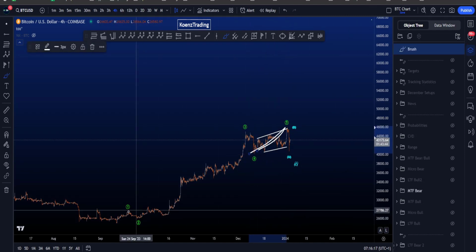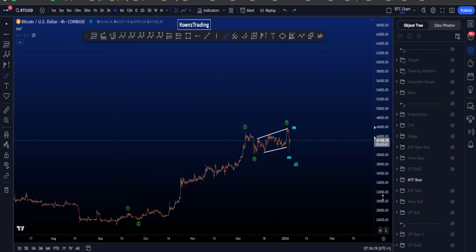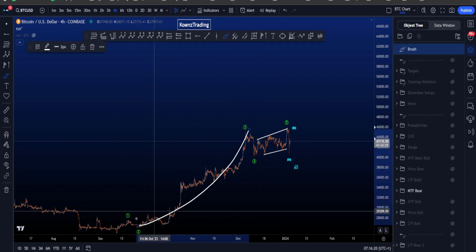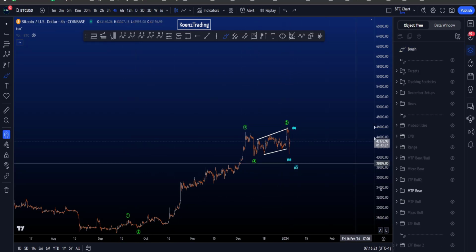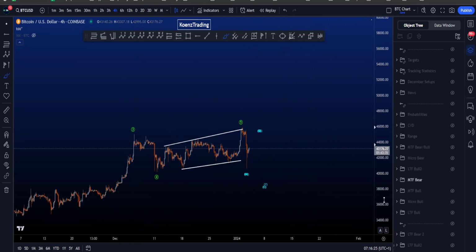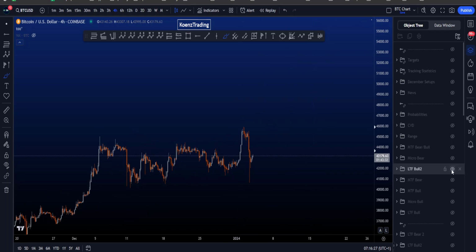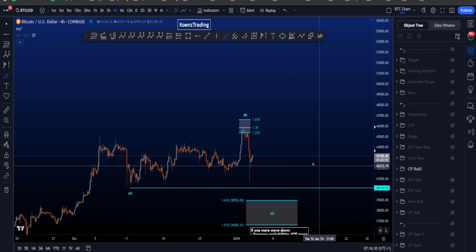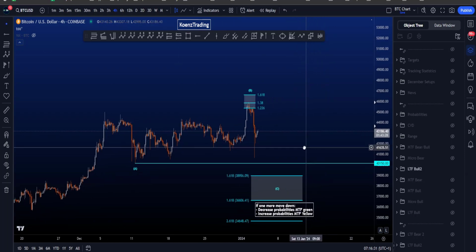And this wave 5 is also very long in time and price compared to wave 1, while wave 3 is extended. So usually wave 1 and 5 are quite similar in price and time, but that is not the case over here. Now, if we look at the bearish scenario, we are looking for one more move towards the downside